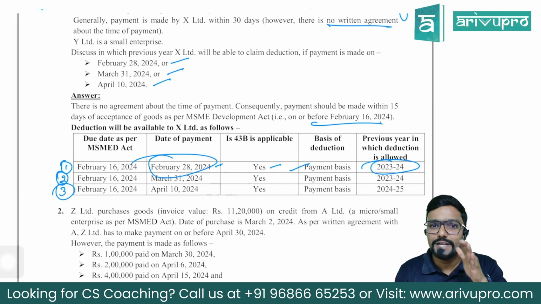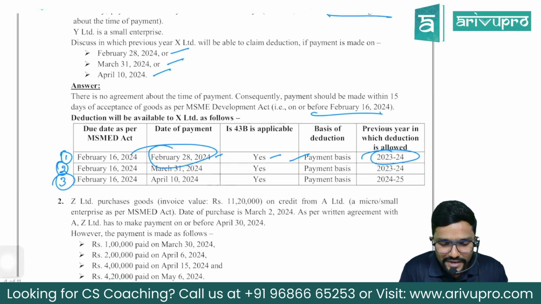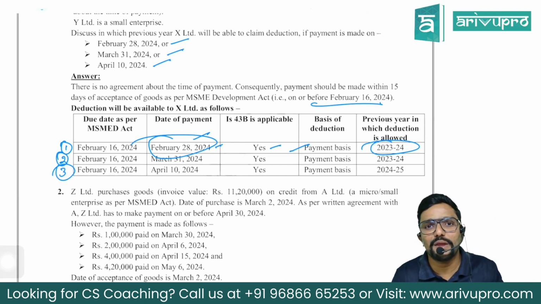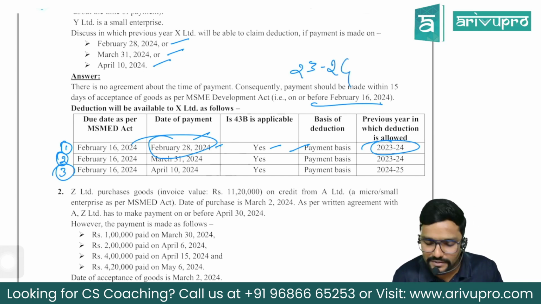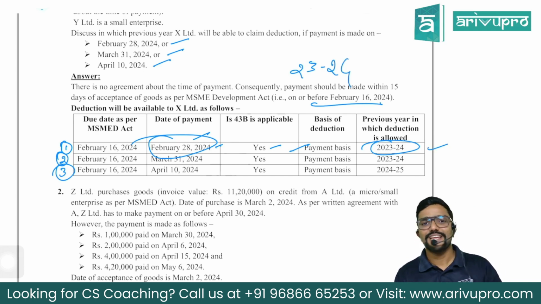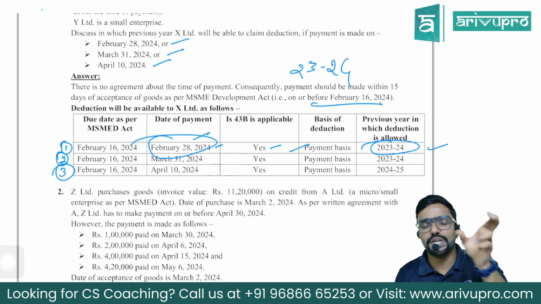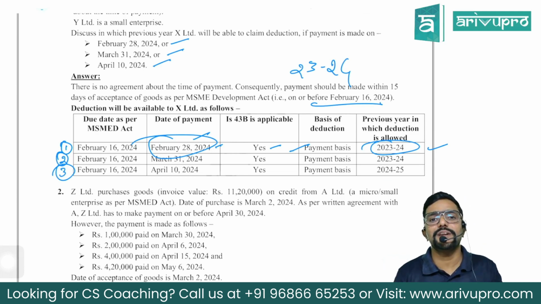We have crossed it. So, I am making payment on 28th February. So, 43B tells you cannot claim it in this year. But, sir, I made it on 28th February. No, sir. Yes, you can claim it in the year in which you have made the payment. That means, sir, in 23-24 itself, I have made the payment within 31st March. Can I claim it? Yes, you can claim it. I repeat, if you have not made the payment within the due date, the expenditure will be allowed in the year in which payment is made.